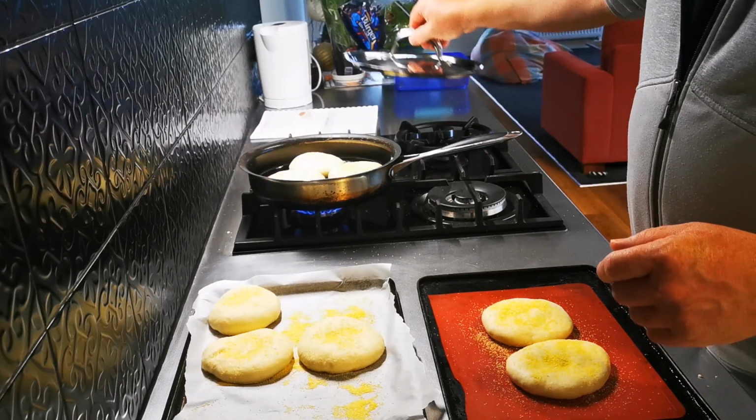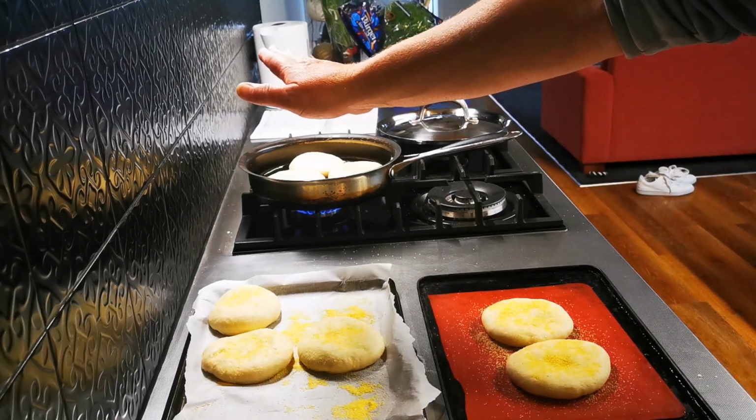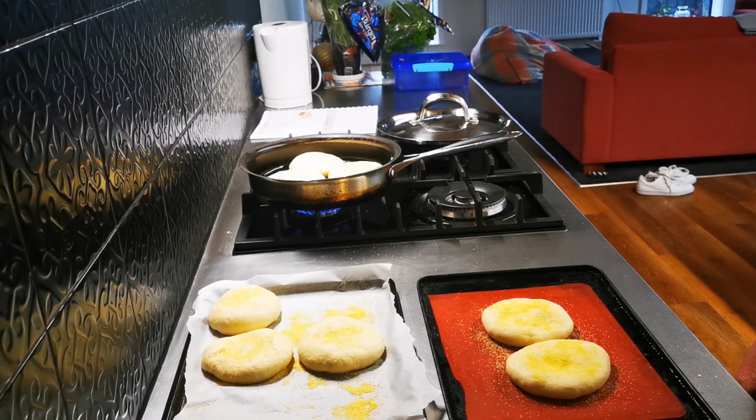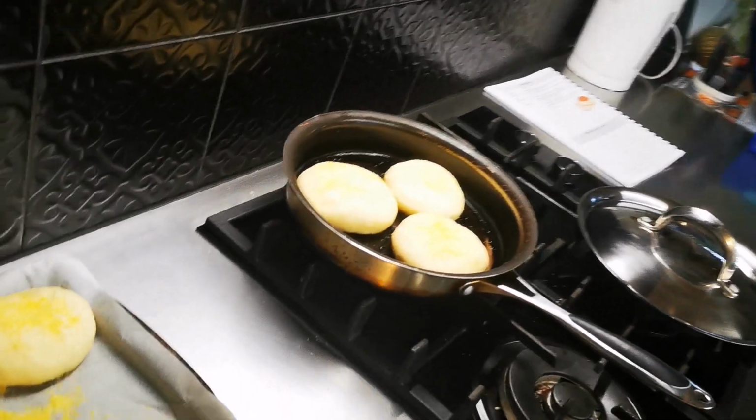So that's my technique. You could just use a larger pan, or a flat griddle plate. Barbecue would be perfect, just to seal them off and then finish them in the oven to cook through. I'm going to continue cooking these. The next time you see me, we'll hopefully be putting together